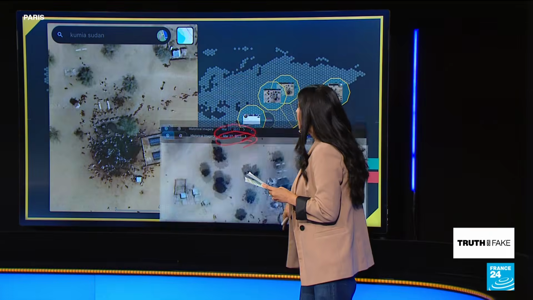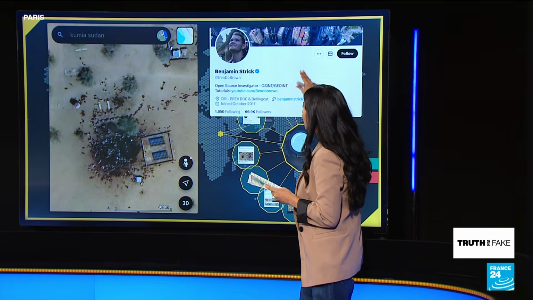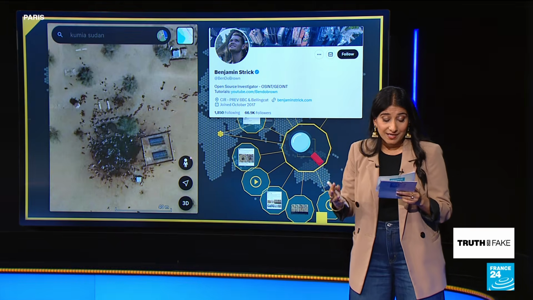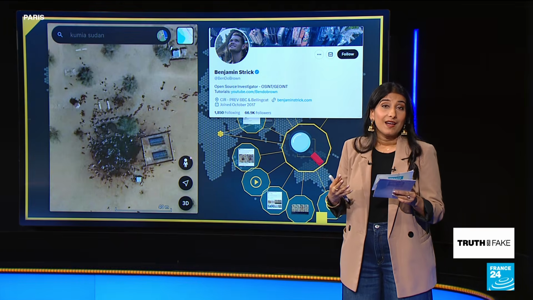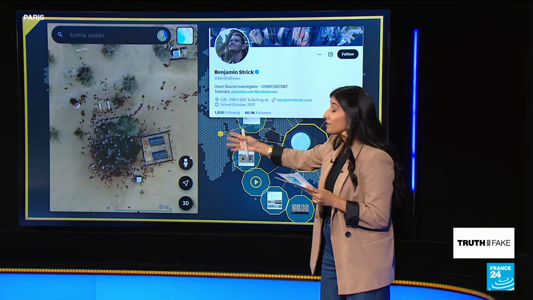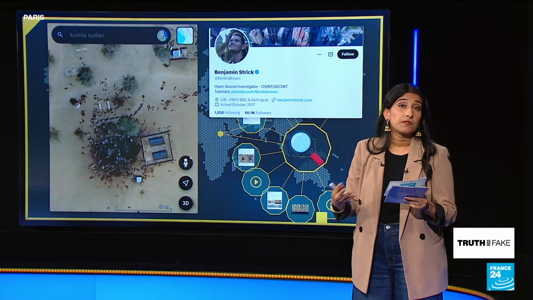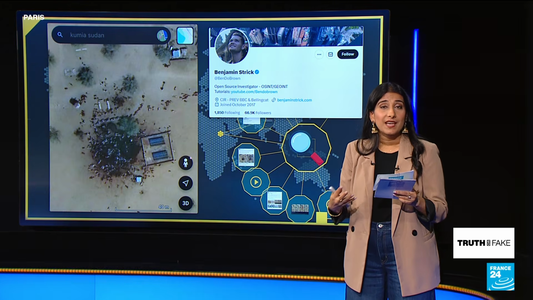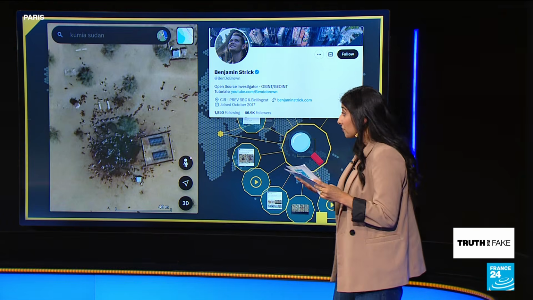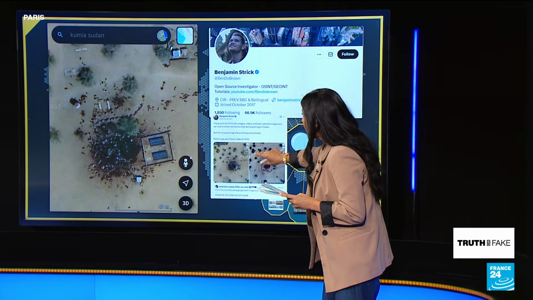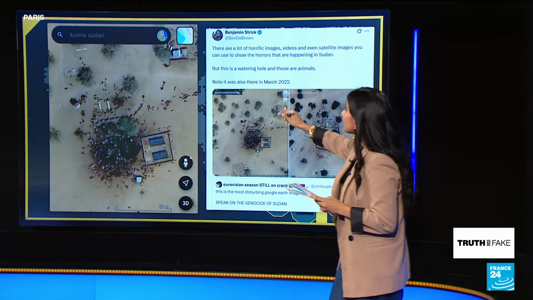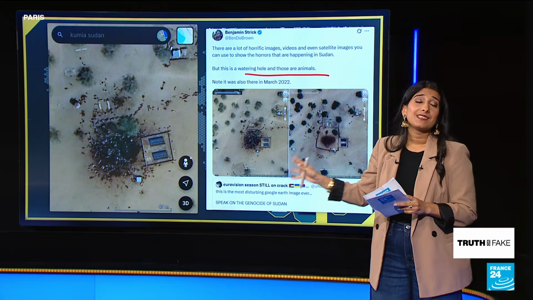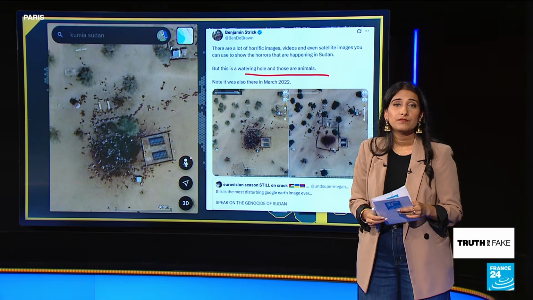And to explain that further, I want to talk about the experts in OSINT and geolocation who have been looking into this. One of those is Benjamin Strick, the Director of Investigations at the Centre for Information Resilience. He saw these images going viral, and he said they didn't line up with his previous studies into indications of war crimes through satellite imagery. He says that what is visible in these images is not, in fact, human bodies. He says it's actually a watering hole, and these are animals. So let's take a listen to what Benjamin Strick had to say.